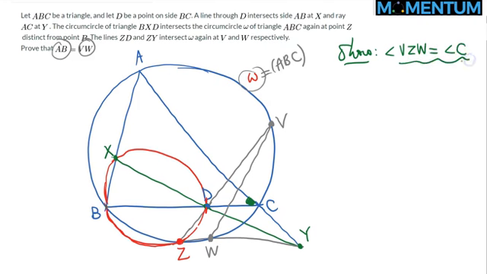If I show that, because both of these angles are on the circle, then by the extended law of sines, the chords AB and VW would be congruent. But that's a direct consequence of the fact that Z is a special point. Let me just pause the video right here if you don't want me to ruin the solution for you. Z is actually the Miquel point. Z is clearly the Miquel point of the complete quadrilateral AXDC